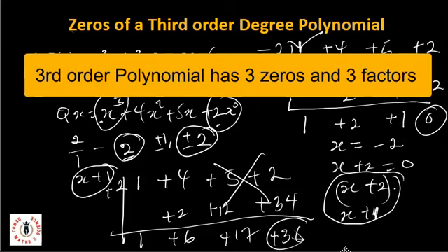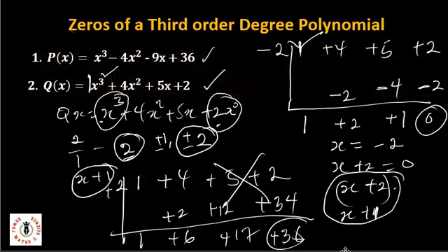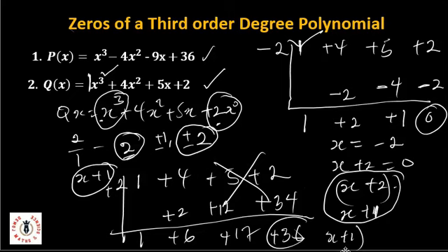Because for this polynomial, I have x plus 2 and x plus 1, then I have x raised to power 3. So the zeros of this polynomial must be 3. That means one of these, x plus 2 or x plus 1, is repeated. But if you multiply them out repeatedly, you see that x plus 1 is repeated twice. So we have x plus 1 into x plus 1 and x plus 1 into x plus 2. So these are the